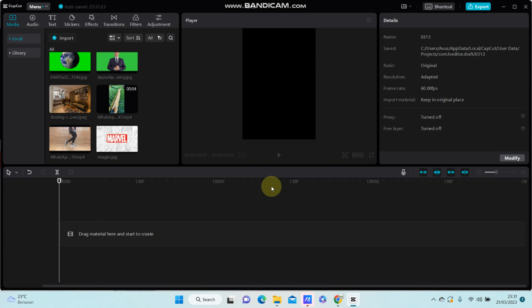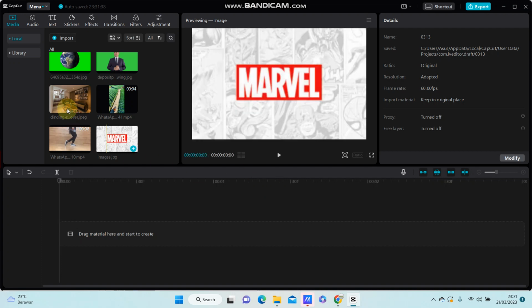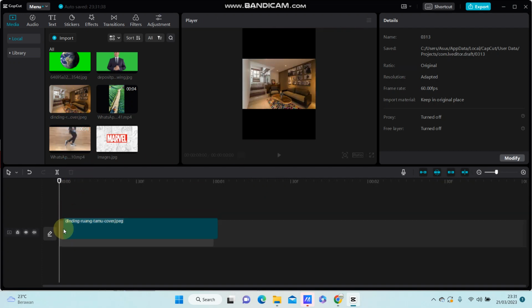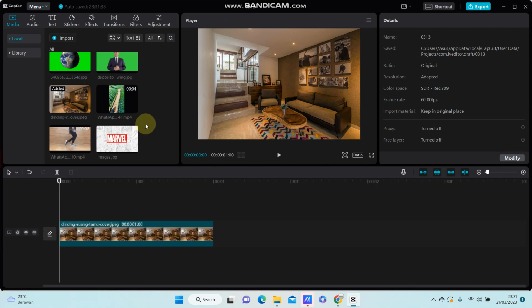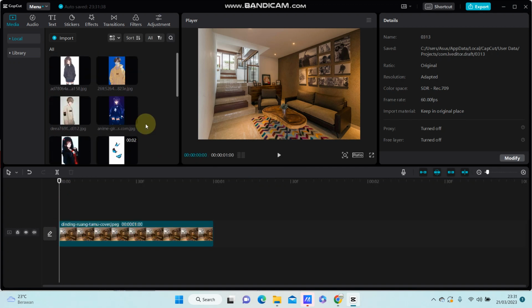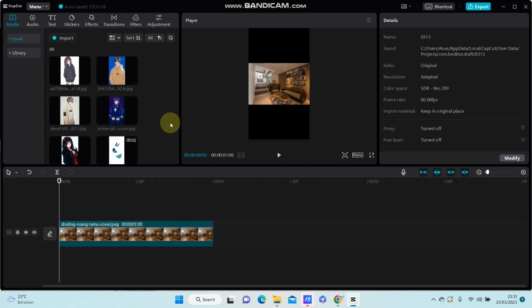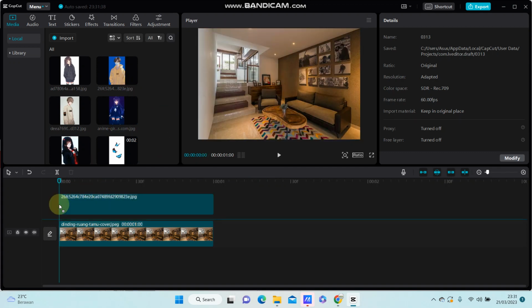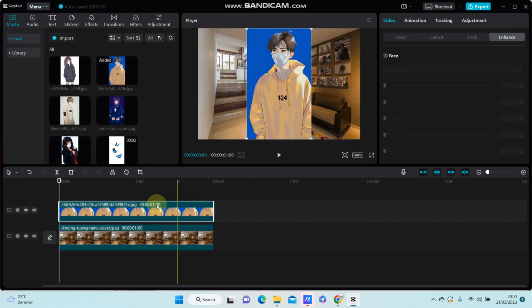Hello everyone, in this video I'm going to show you how you can add effect to overlay only in CapCut PC. So I'm going to select the main photo to the clip and I'm going to add the overlay. So I'm going to add this image, which is the image overlays or photo overlay, and I'm going to add effect,